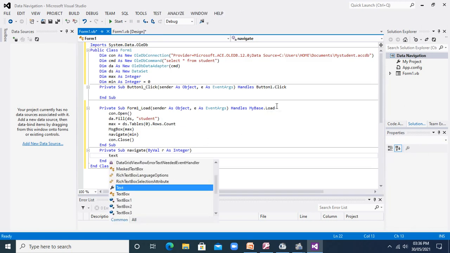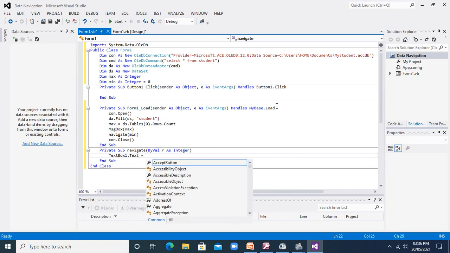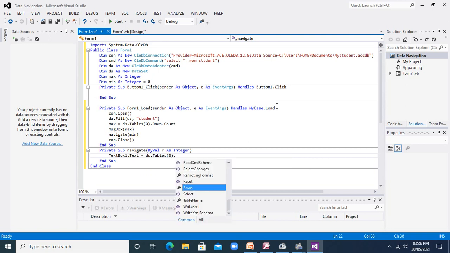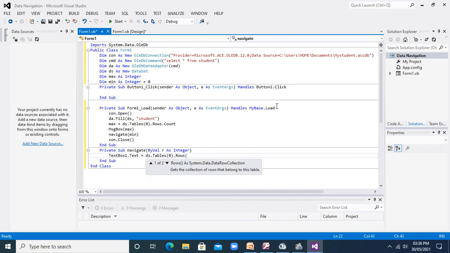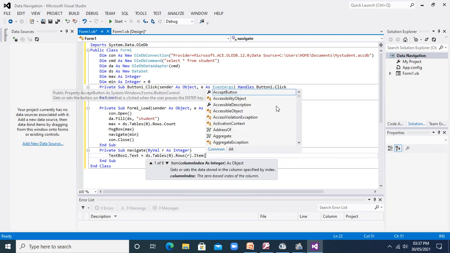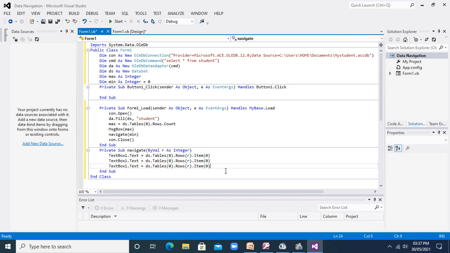So I will write TextBox1.Text equal to ds.tables, and as this is my first table, I will pass it 0, .rows, and here I will pass the row number, that is R, and here Item, as my first field is at the 0th location, so I will pass it here. Now I will copy this particular line and paste it 5 times because I have 6 fields.